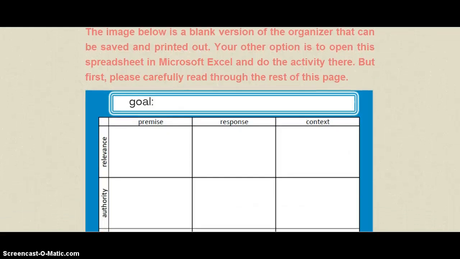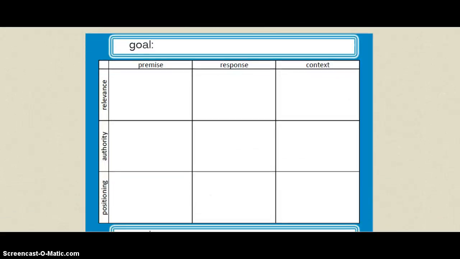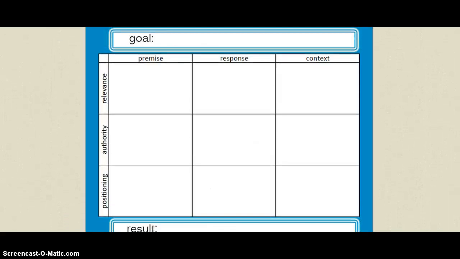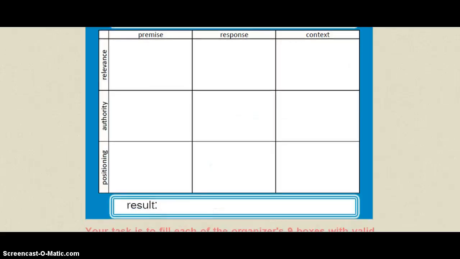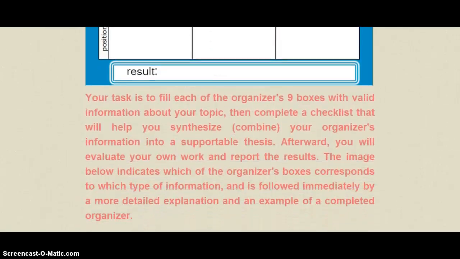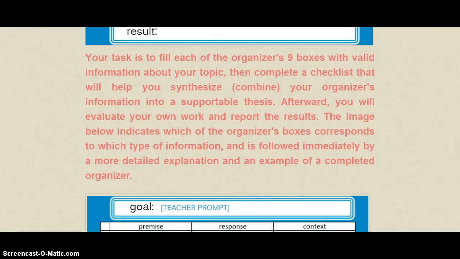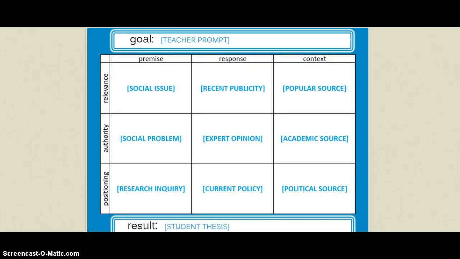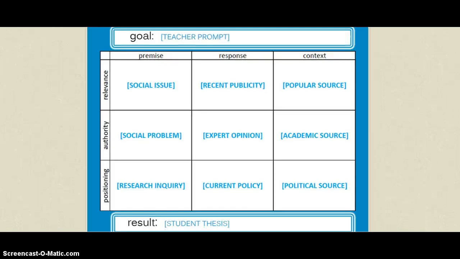So here's the graphic organizer activity. Here's a blank version. And I created this specifically for the project. Here I explain, and I provide this model here